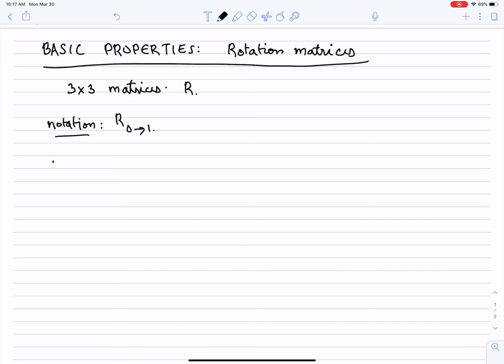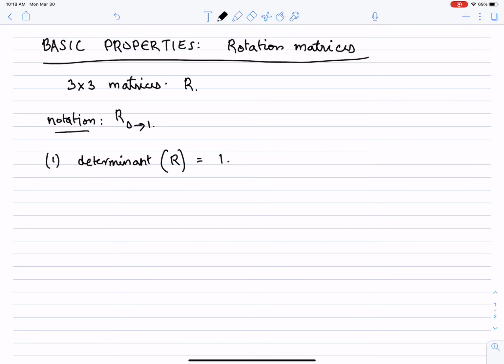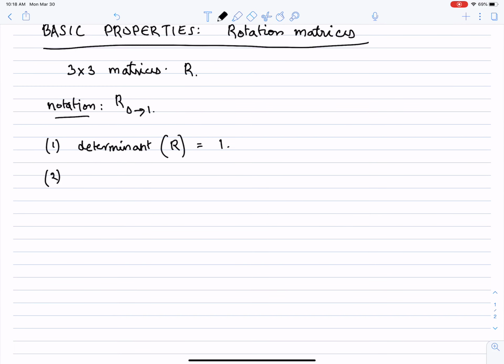Well, the first property is that the determinant of any of these rotation matrices equals 1. The second property, which perhaps is the most important property, and the first property is sort of a special case of this, is that R 0 to 1 inverse equals R 0 to 1